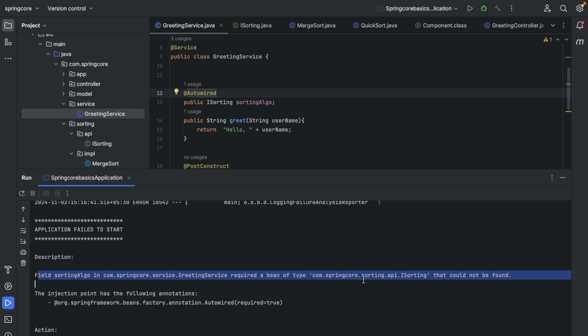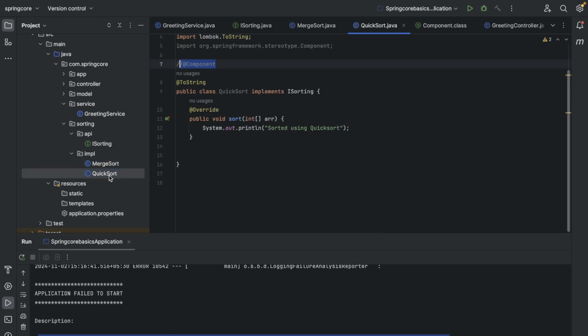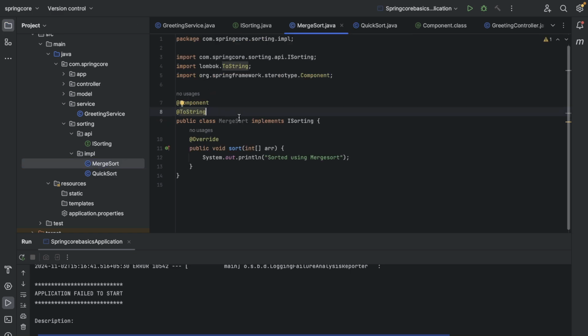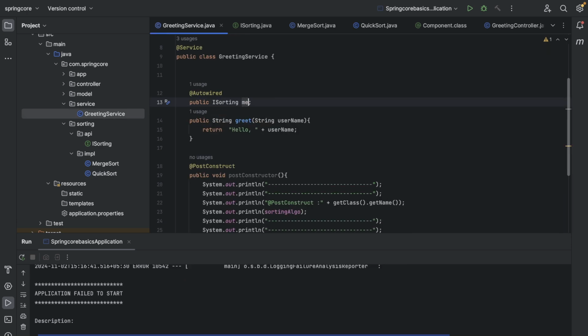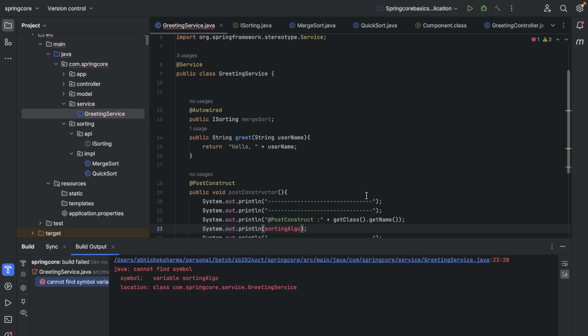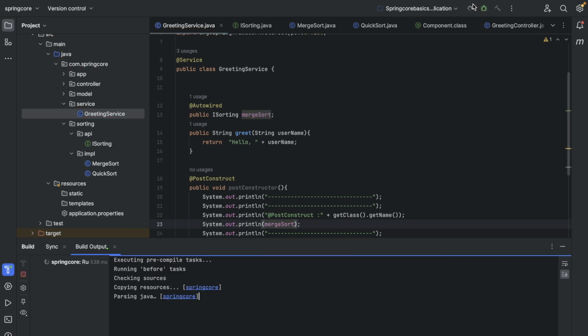Okay, sortingAlgo cannot be found, right? But what if I change over here, instead of sortingAlgo, what if I write, quick sort is not here, merge sort, right? It's MergeSort over here, right? What if I change the variable name to mergeSort? If I run it again, okay, sortingAlgo is not there, the mergeSort. Cool. If I run this again,